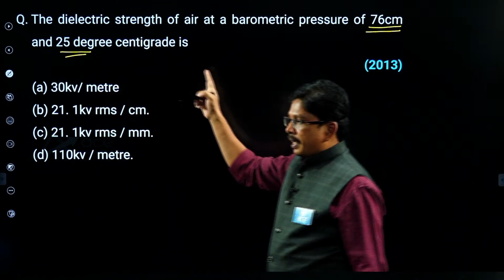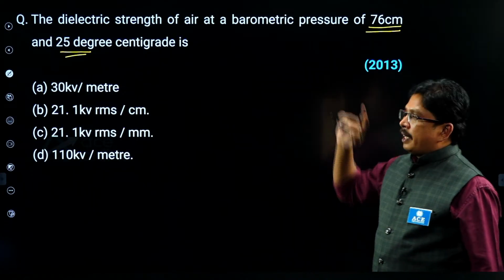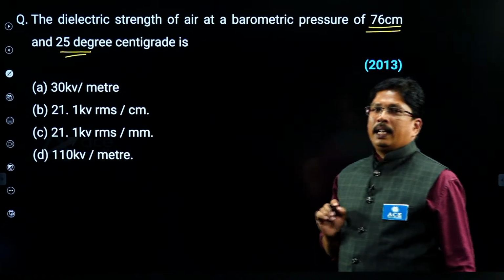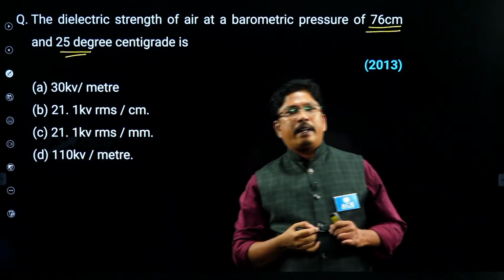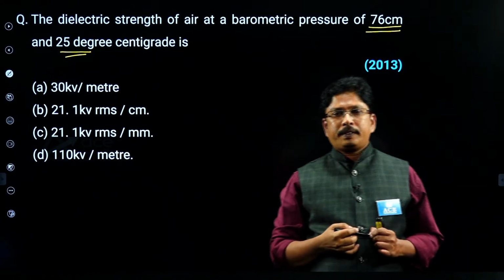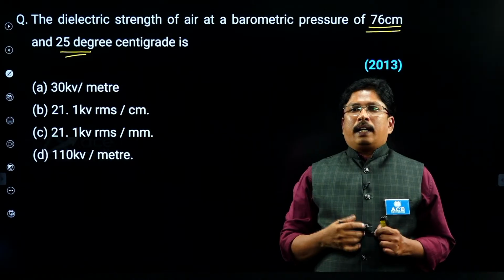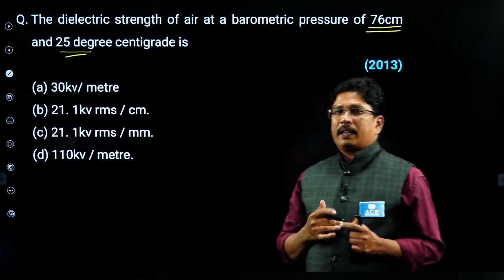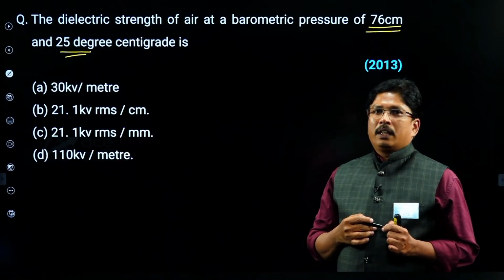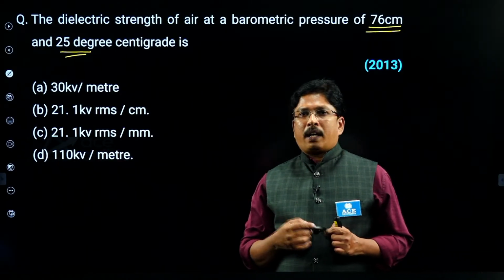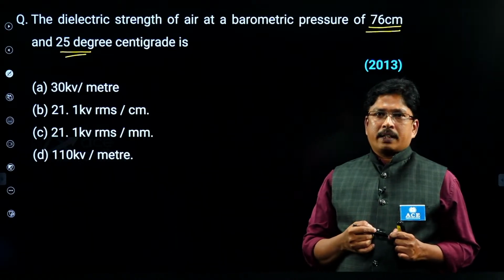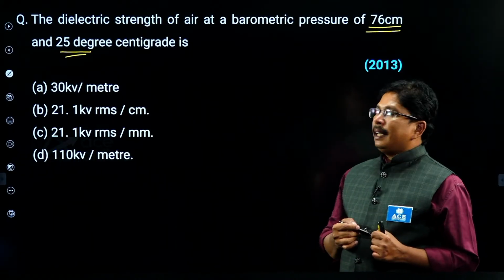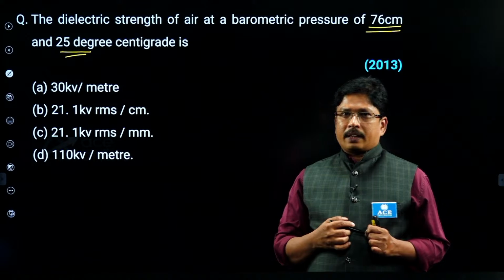What is the standard value of dielectric stress? It is the electric field intensity at which the insulation breaks down, creating the corona phenomena. So, the dielectric strength of air,